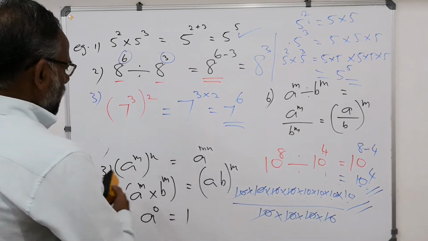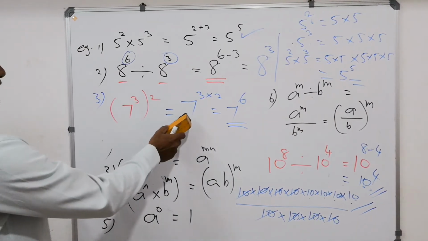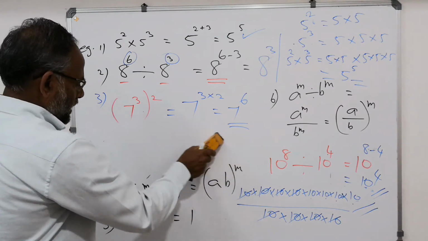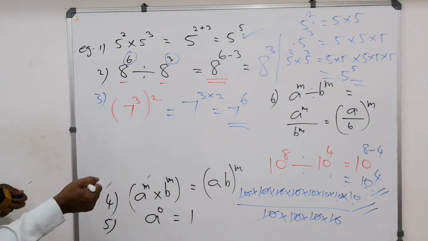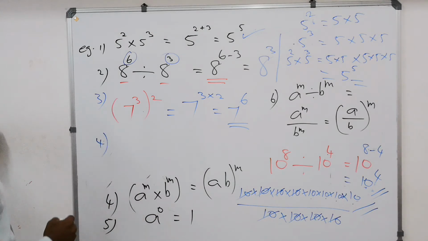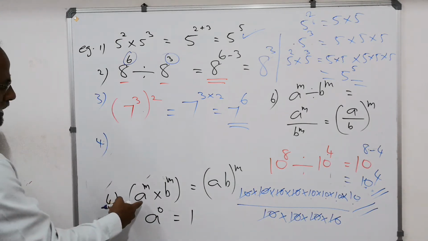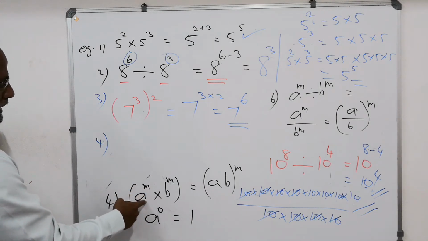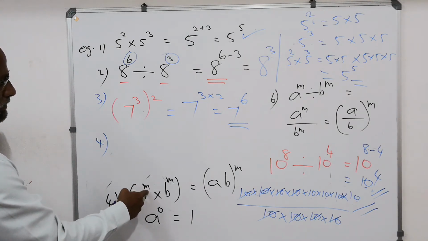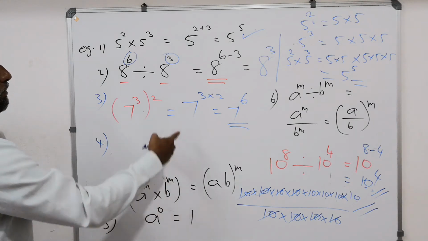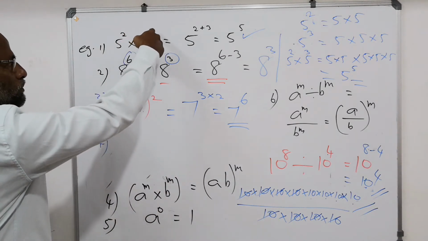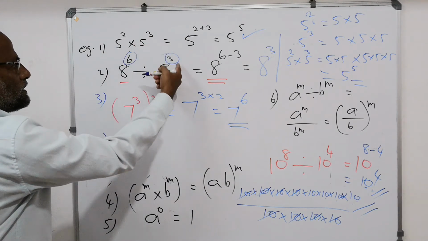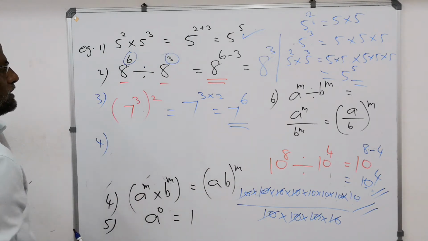Now another one. I am coming to this one. This I completed. Now the fourth one, a raised to m and b raised to m. As I promised today, I will complete this one. A raised to m, that is any number we can write. This power is m. Power is same here. Before that, power or exponents were different.